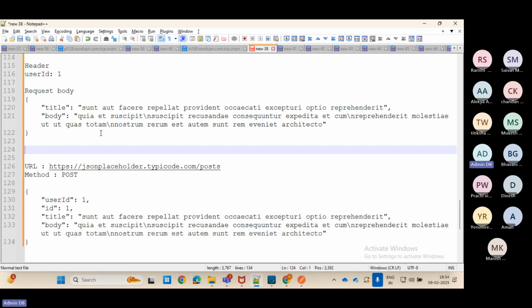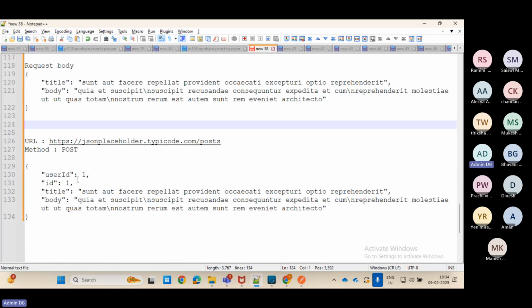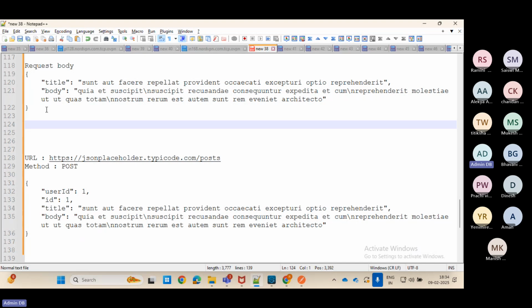So everyone needs to develop one REST API. You need to expose one REST API which will take this input. It will call this third party API and return a response. Okay, this is the request body and your response body will be